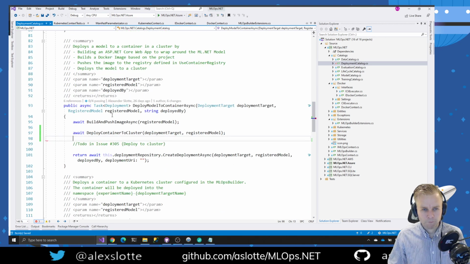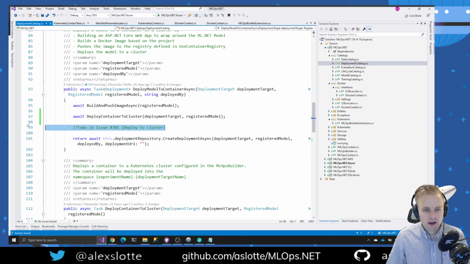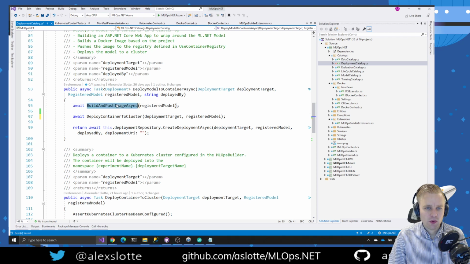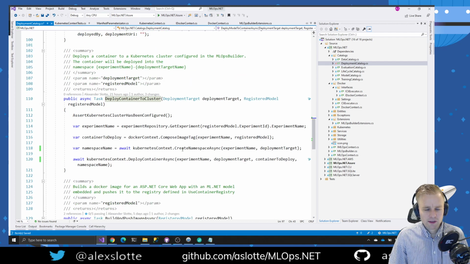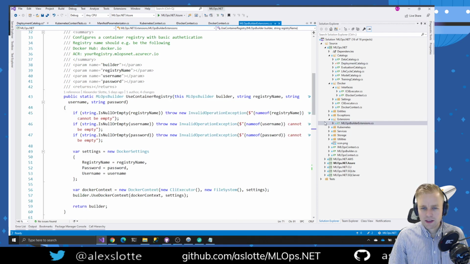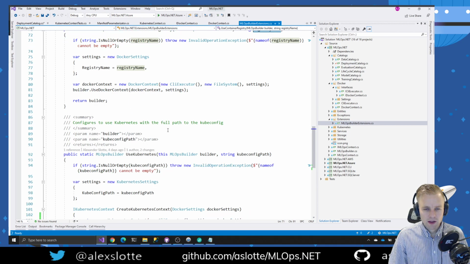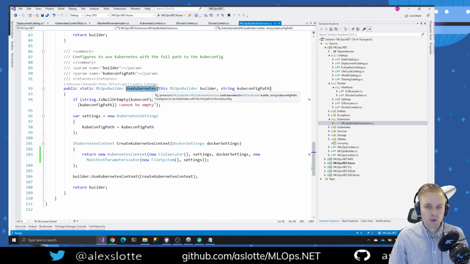It's a bit better. So what it's doing right here now is that we're doing the things we did before, which is building and pushing the image to a private registry. But then we're doing this code right here. We're actually trying to deploy it to a Kubernetes cluster. And what this code is doing here is making sure that the user has supplied anything we need for Kubernetes. And they can do that again through an extension method here called use Kubernetes, and they can supply a path to the kube config. So the kube config, right, is